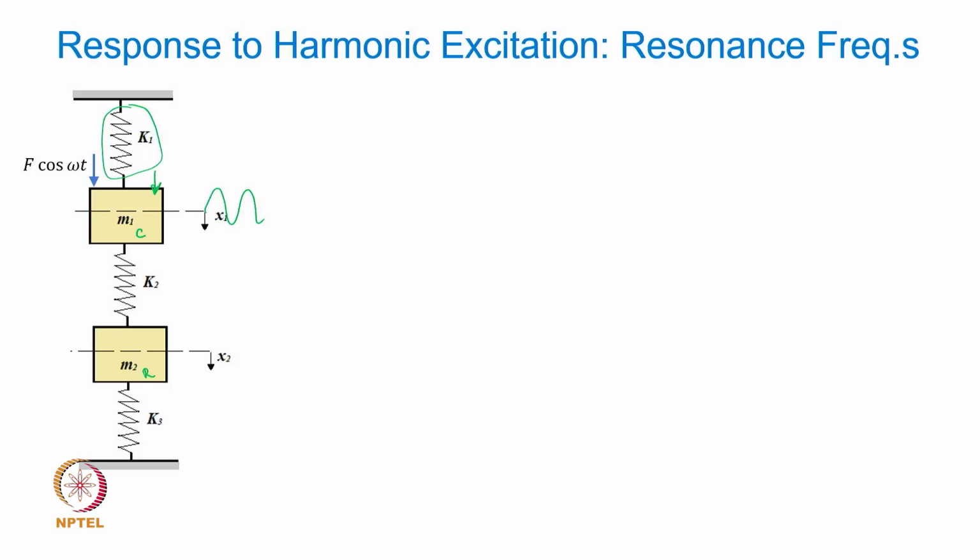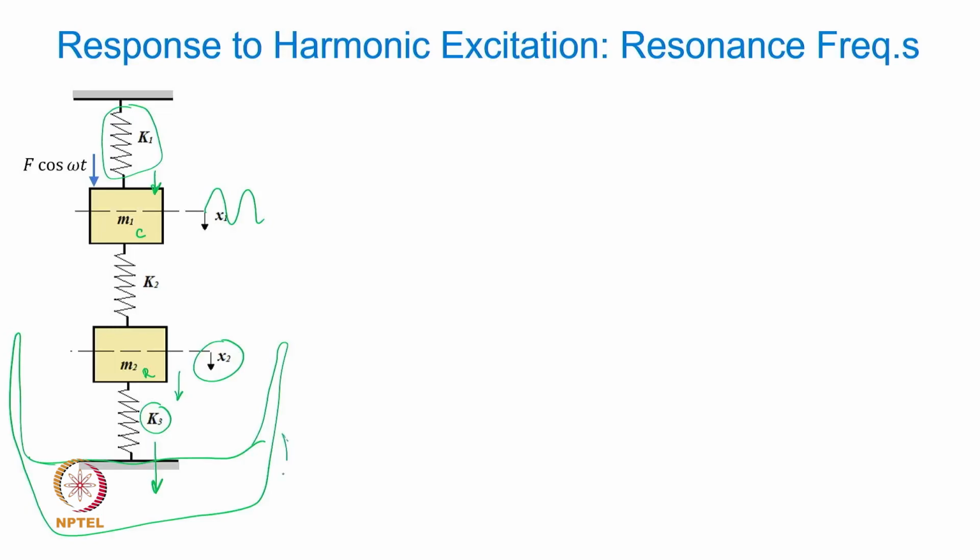I hope you would agree that in our case, you would like x2 to be as small as possible. Now, why is that so? Because what is this? This is the hull of the ship, right? If you have a larger x of the raft, you will correspondingly have larger force going into the hull, right? That larger force, which is k3 into x2, is going to excite the hull structure, and the hull, if it